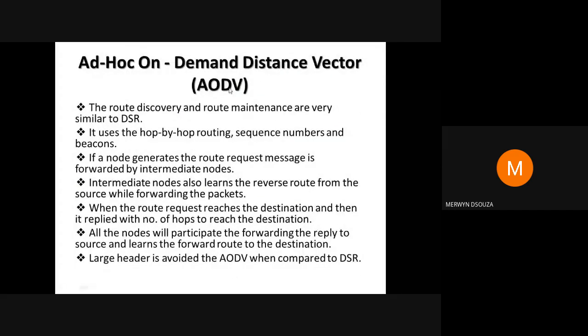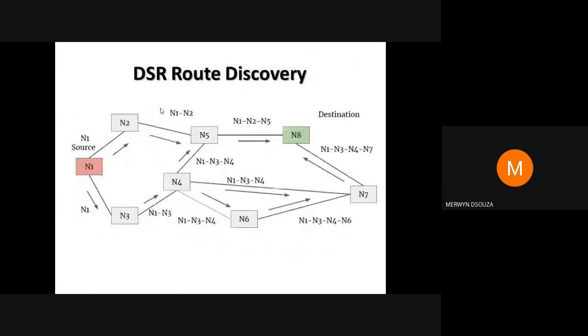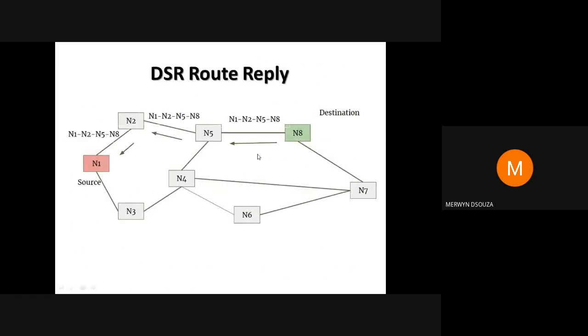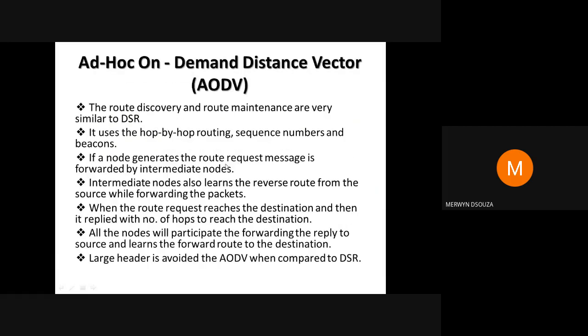The next one that we are going to study is Ad hoc On-demand Distance Vector. Basically, it uses a method similar to DSR. Route discovery and route maintenance are done similar to the previous algorithm that you have studied, that is DSR. The same way that we have explained here, you will be doing route discovery and route maintenance. So you can just read this. I will explain what the differences between the two algorithms are.